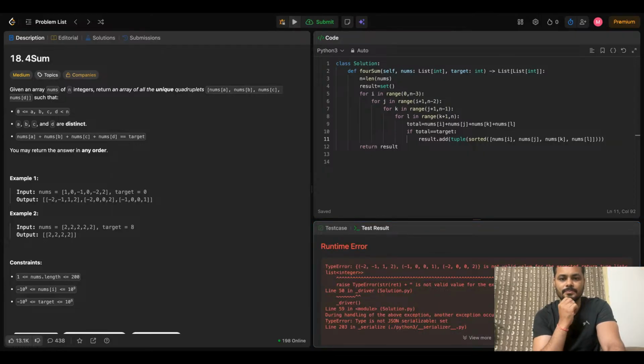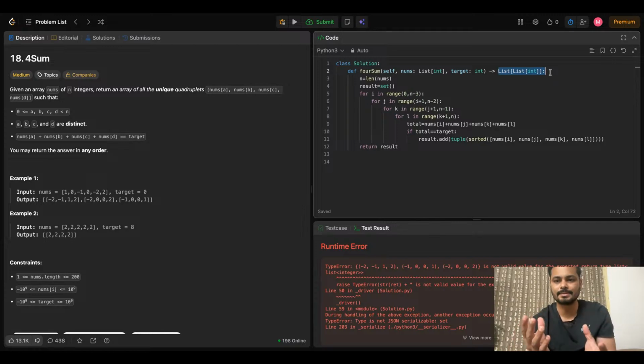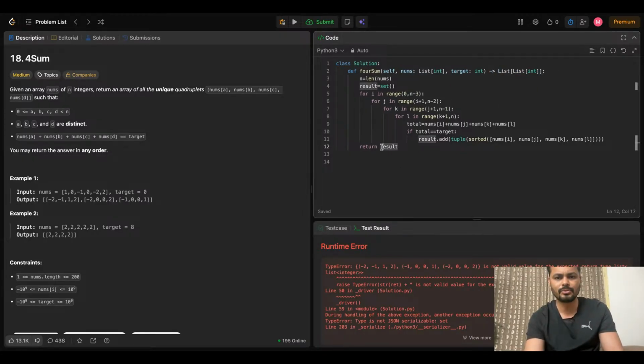But one more thing, we have converted all these lists into tuples, we have sorted it, and we have added into the result. But in the end we need to return a list. Why? Because this is our requirement. This arrow gives us that our final result should be in the form of a list. So what I'll do, I'll just